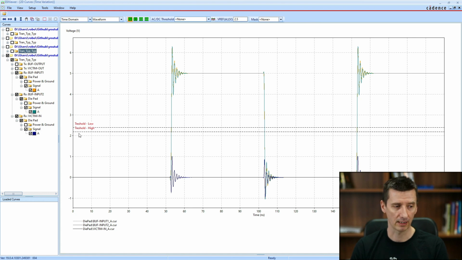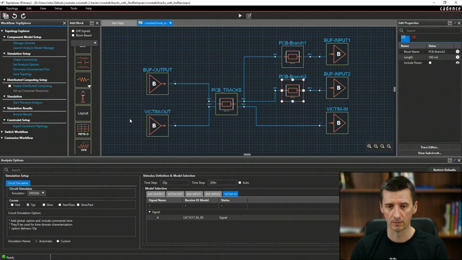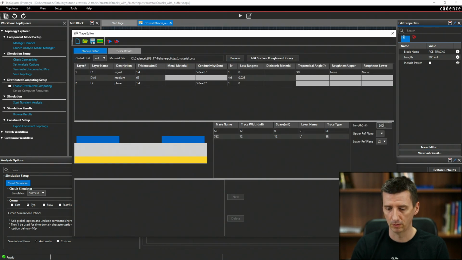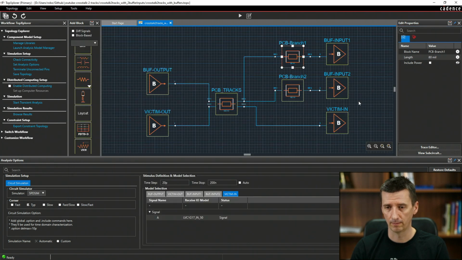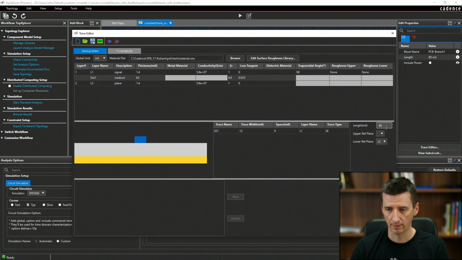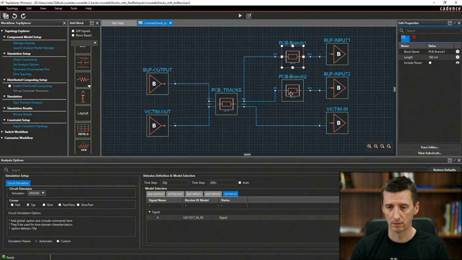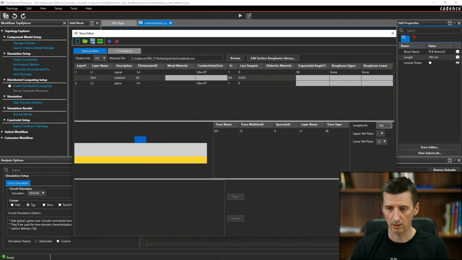And if we even increase the length, let's say we will multiply this by 2, 400, 160, and 320, oops, like this.